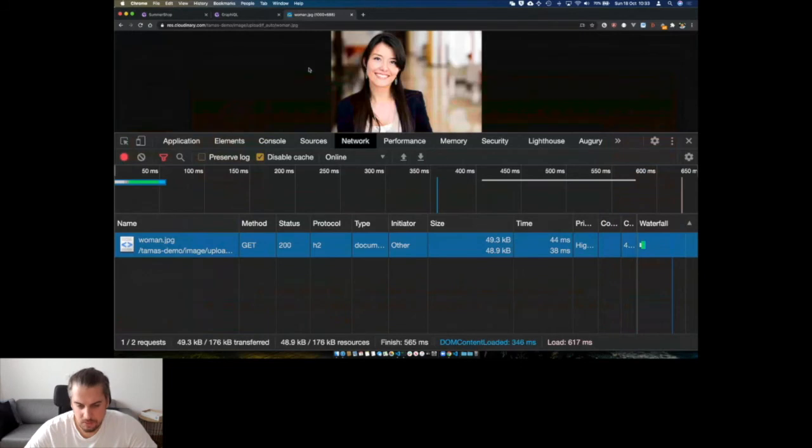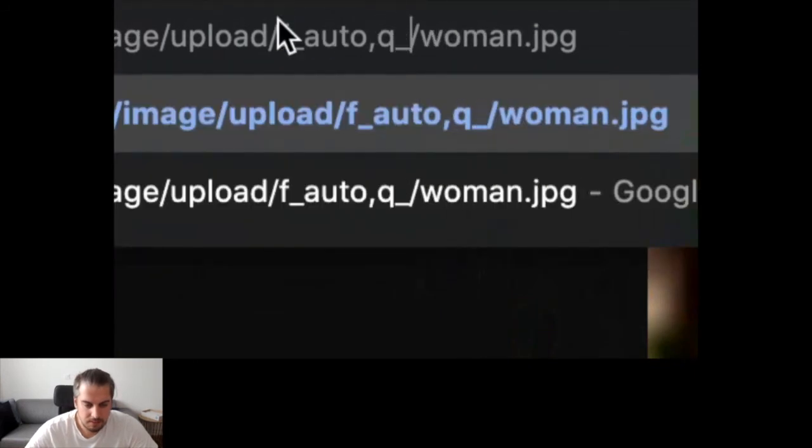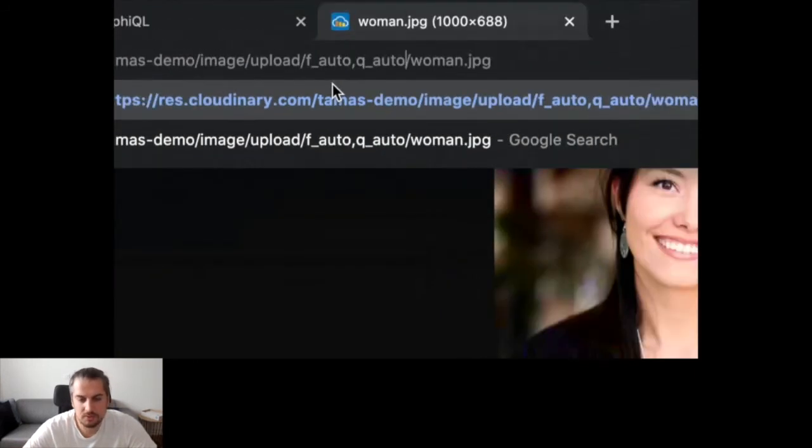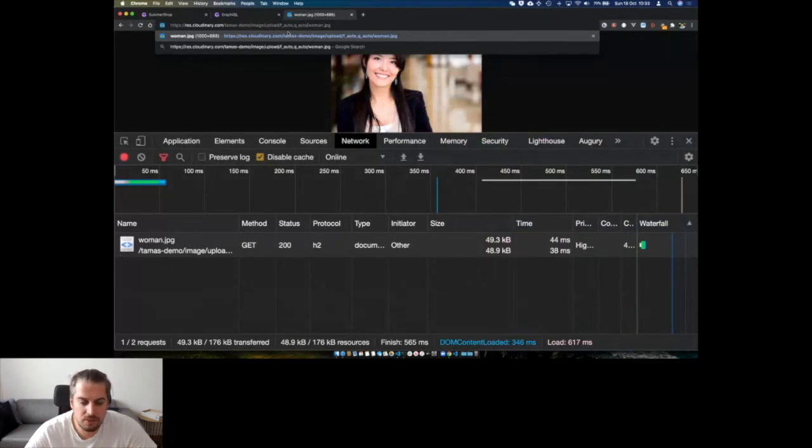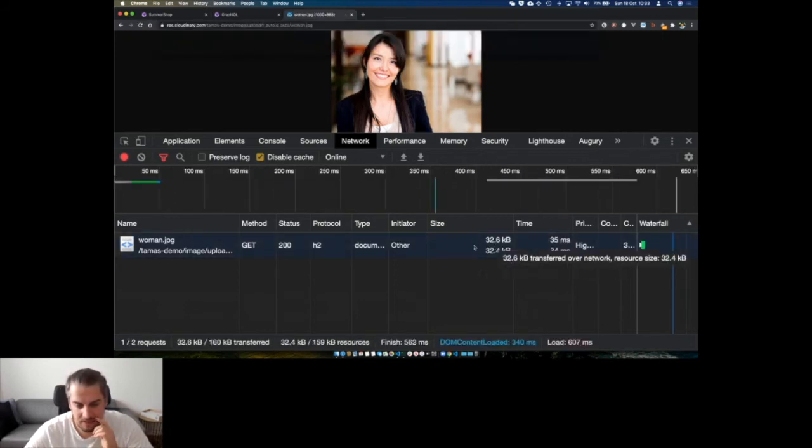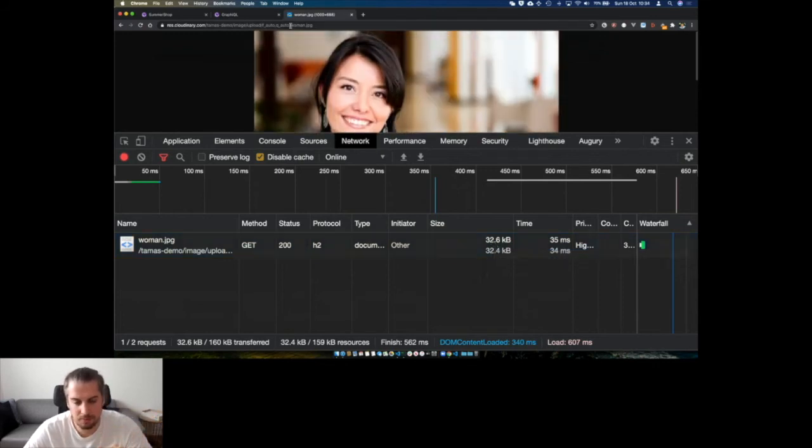Okay, so Cloudinary does this automatically for us. Now, I can do additional things. I can change this URL and say q_auto, which is automatic quality. So we can reduce the quality of the image in a way that is not going to affect the human eye. The quality is going to be the same, but for the computer, we will remove some pixels that are not needed. Cloudinary does this by analyzing the image automatically, and it will remove quality on a picture-by-picture basis. So if I hit enter, we went from 580 to 49 to just 32 kilobytes, and we still have a